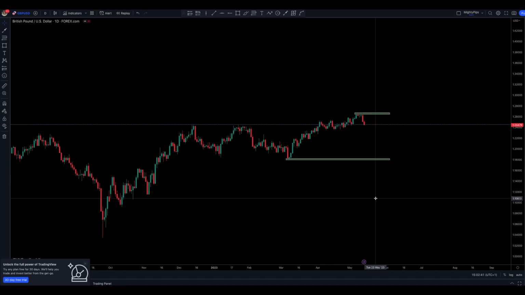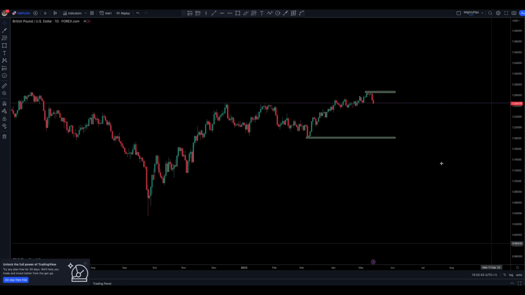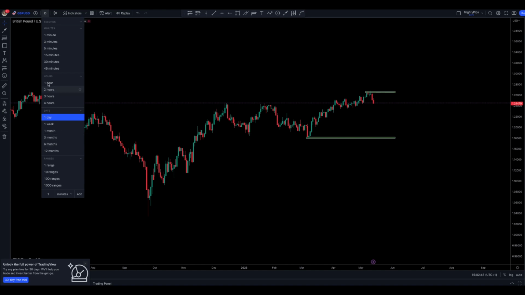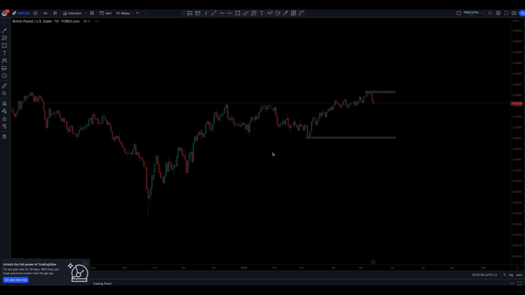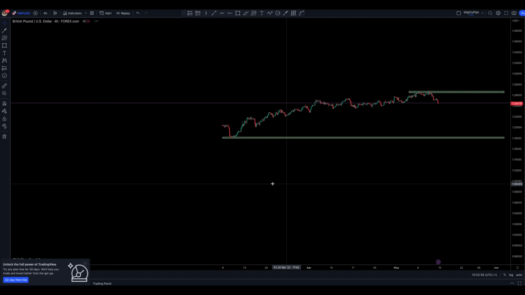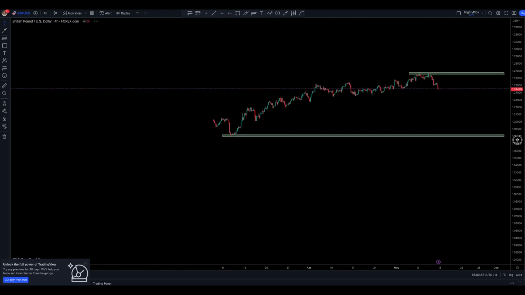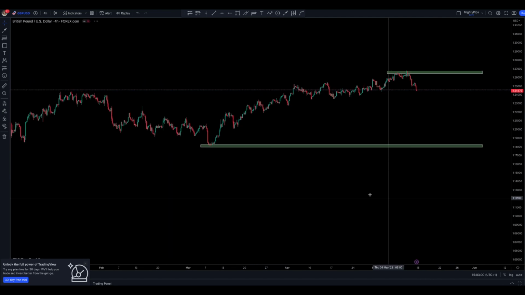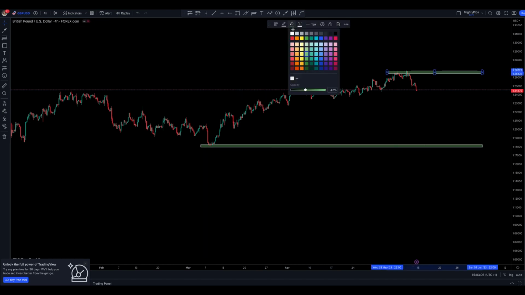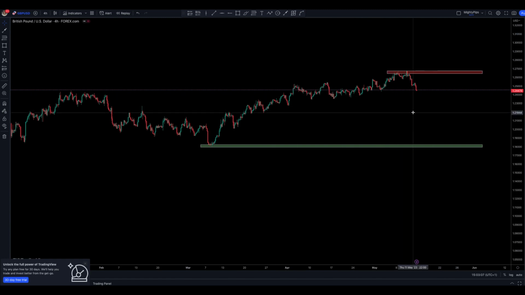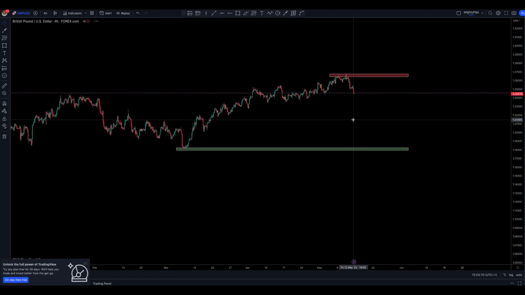After I've done this on a daily chart, I come down to a 4-hour chart right here. Those levels I've drawn on are our higher time frame levels of support and resistance here. Support and resistance. Now, on the 4-hour chart, I start to look for the most recent